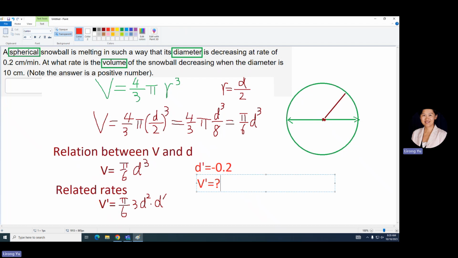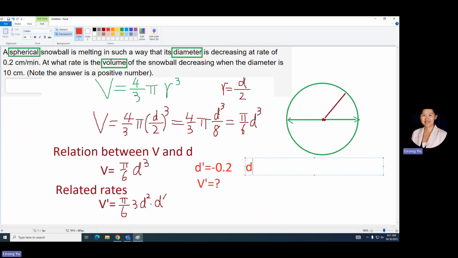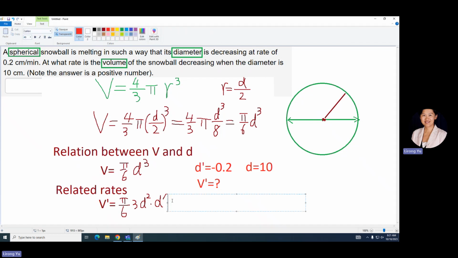And you can see in the formula, if you want to calculate V prime, you also have to have D prime, the rate. Reading the question, we have to calculate at what rate the volume is decreasing. The diameter is 10 centimeters. So we also have a diameter value at the moment, D equal to 10. Right, so we have everything ready. We can start calculating the V prime, which goes